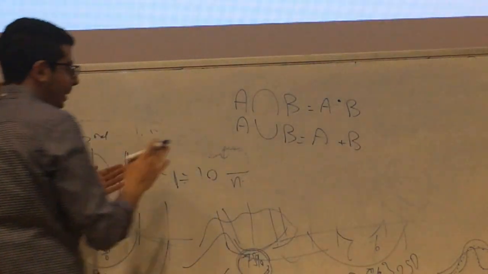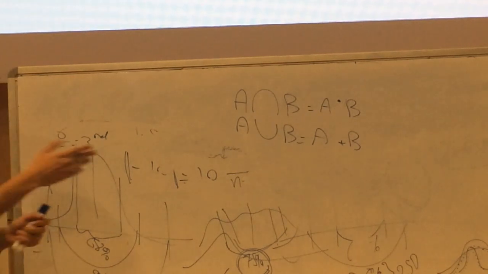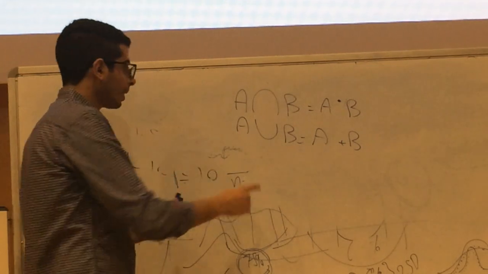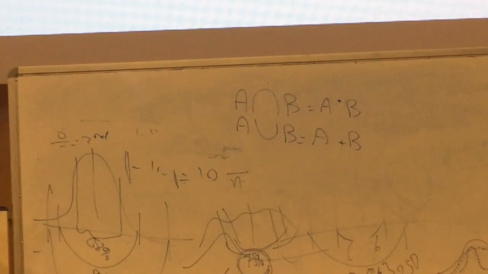The simplest way to explain it. Actually, let me just help you understand what this is. This means both A and B happening together at the same time. This means either one of them happening. Now, I always used to confuse them. So this is a mnemonic, just to help you remember.